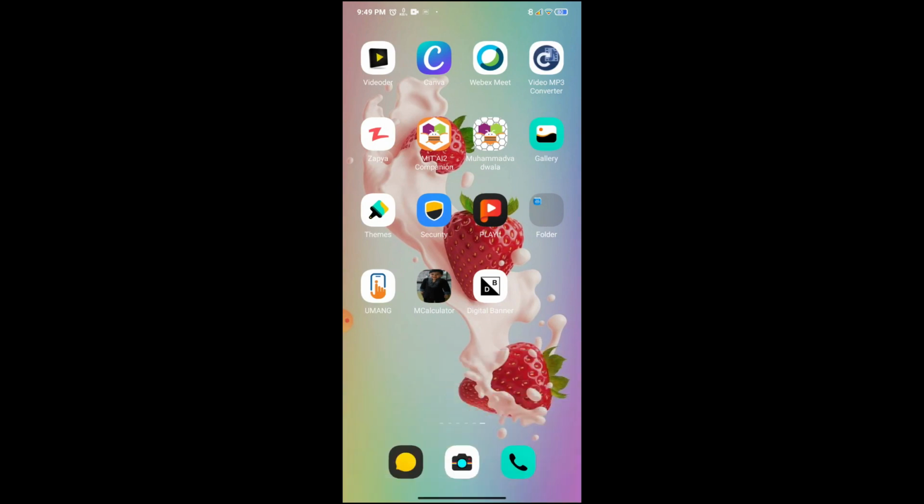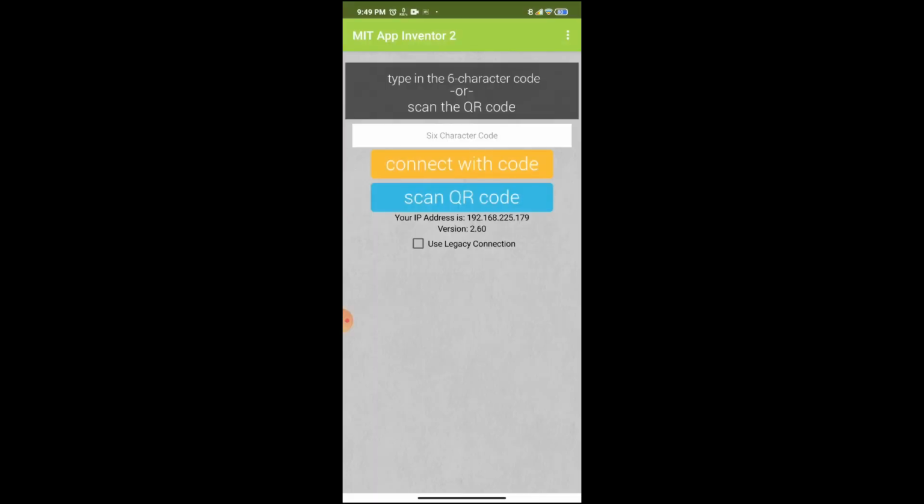When you download it, just open it, and here two options are there: scan QR code. Now we are going to scan the QR code of our application. Just scan with QR.